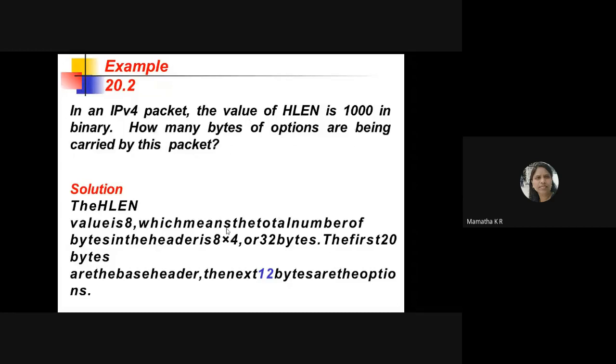You have to subtract from the 8 into 4, that is 32 bytes, minus 20 bytes, because 20 bytes is the minimum value the header should have. So if you subtract 20, then you will get 12. 12 bytes means these are the bytes of the options.